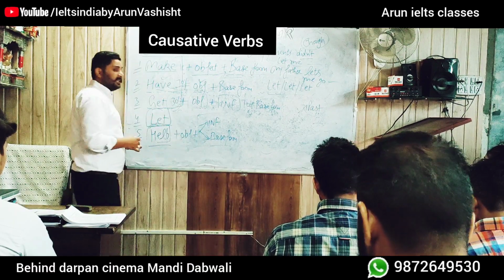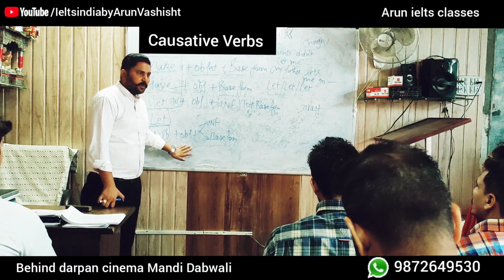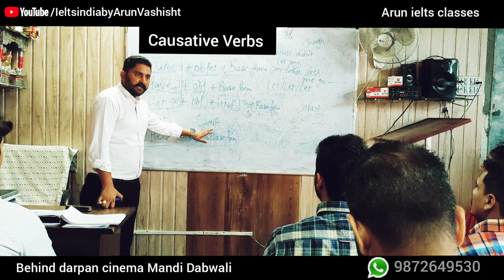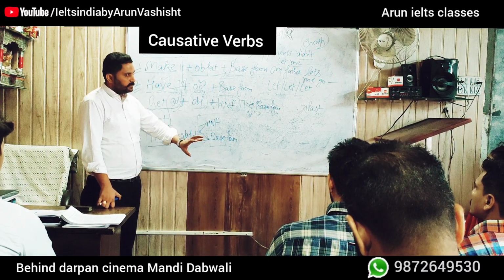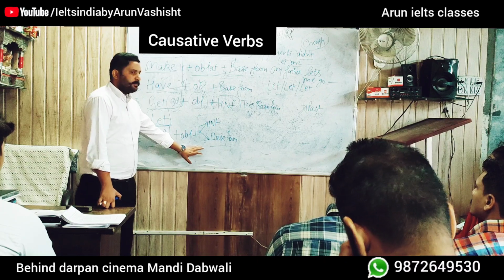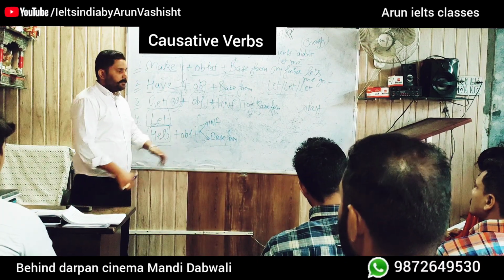Okay? Help plus object. Now we have two options: infinitive and base form. Means हम लोग 'to' के बाद first form भी use कर सकते हैं, base form भी use कर सकते हैं, and base form के साथ भी हम लोग simple भी हम लोग इसको बना सकते हैं. Okay? For example,